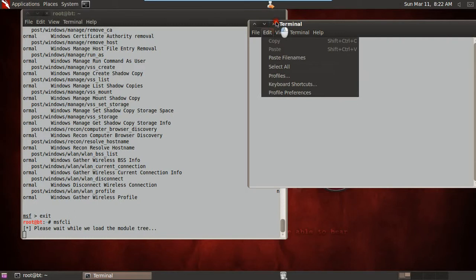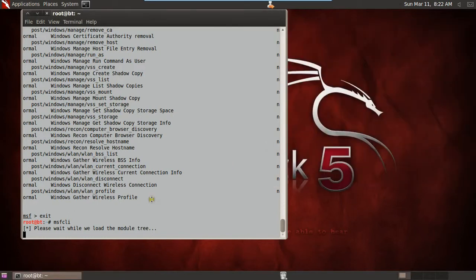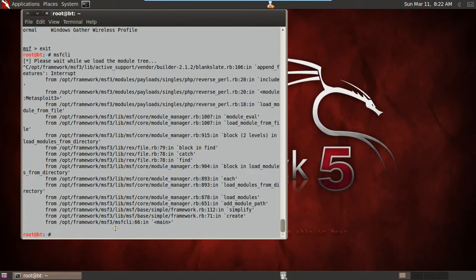It's going to take some time, so it's better to close them. After executing the CLI, it will show you the available options. Every exploit can be used in msfconsole as well as in msfcli. In msfcli, you need to type the msfcli commands. Let's break this down. You need to type only this, msfcli. Let's clear the screen.